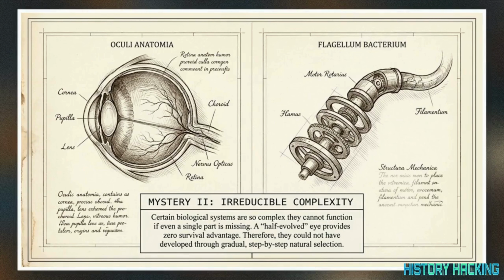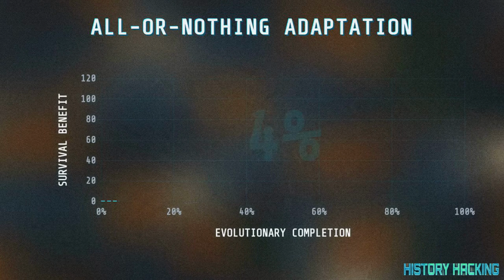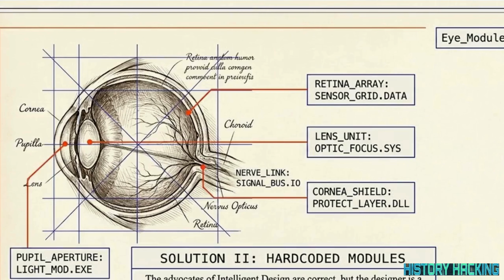These anatomical sketches highlight a second anomaly: biological systems that cannot function if a single part is removed. A half-formed eye or a partially evolved bacterial motor provides zero survival advantage. Darwin's rules of gradual selection break down here because these systems require 100% completion before they offer any benefit to the organism. Mapping digital functions like lens unit and retina array onto the eye reveals how each part acts as